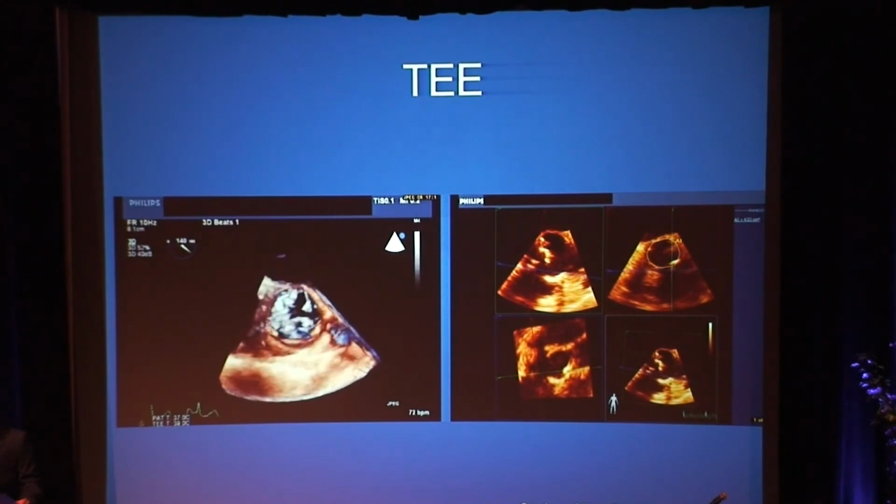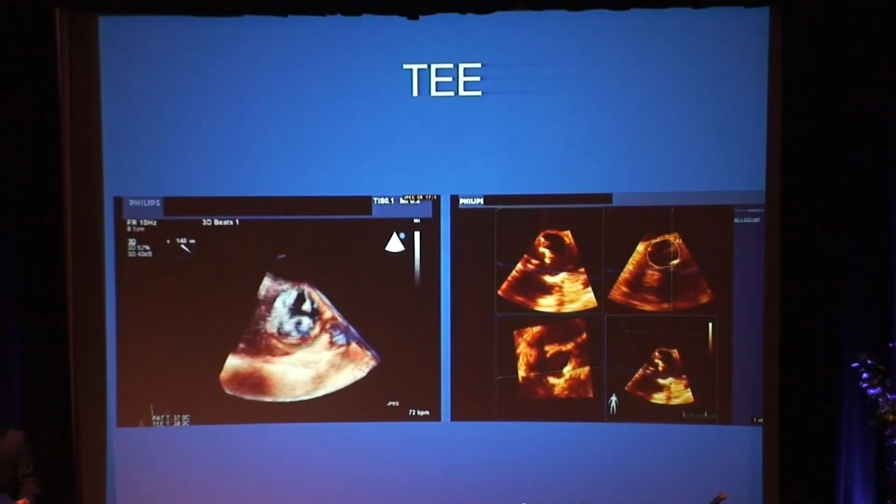Because you are dealing with such a high-risk population, you may not be able to give contrast for CT. Also, you may want to monitor what the valve looks like intraoperatively. In that case, three-dimensional TEE has been shown to have very good results. Here on the left, you can see the three leaflets that are calcified and stenotic. And similar to how we came up with an annulus size using CT, by looking at different planes,